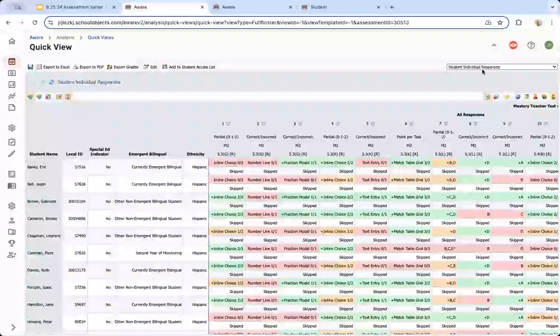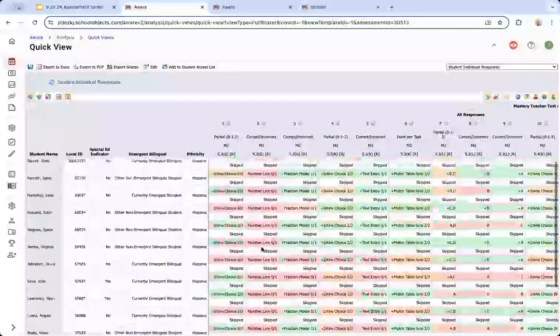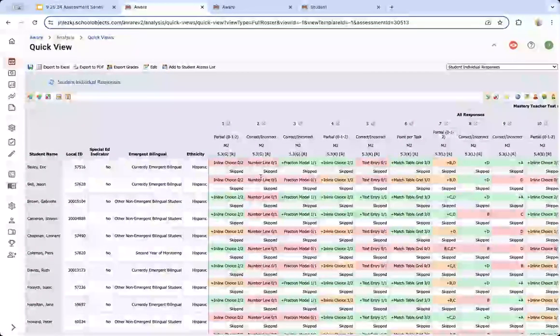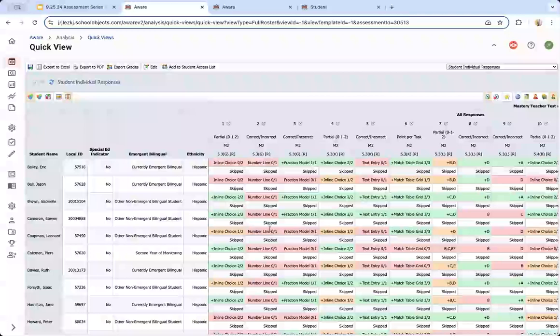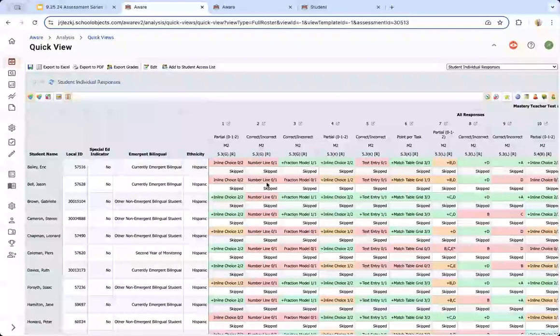By going to the individual response view, I can see right off the bat with this particular question, holy cow, look at number 2. It's a sea of red. I don't see one single orange or green. And orange, remember, is partial credit, where green is full credit for the question. I know that number 2 is a problem, and it's probably what's pulling down the average for this entire standard in a way that could mean that this standard wouldn't need as much remediation.